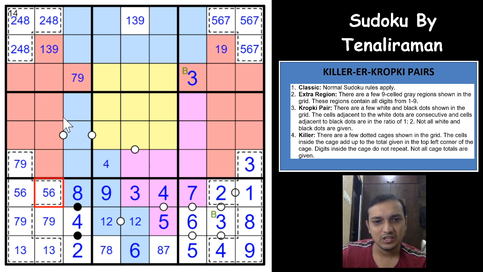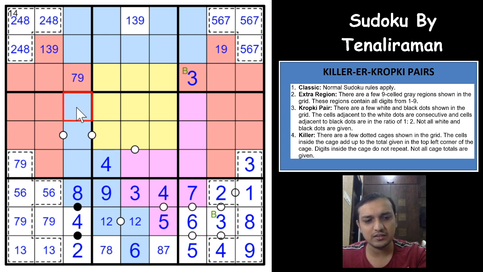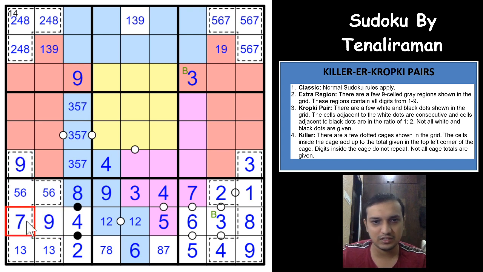Superb construction, guys. So now the blue region has only one way where the 4 can go, and it is already written as a pencil mark here. So we have 6 digits in this blue region. So the other 3 digits are 3, 5 and 7, right? Let us mark that here. 3, 5, 7. Sorry. 3, 5, 7 and 3, 5, 7. So that eliminates 7 from here, and this cell would have to be a 9. So that gives you a 9 here and a 9 here. That gives you a 7 here. Excellent. So that 9 eliminates 9 from here.